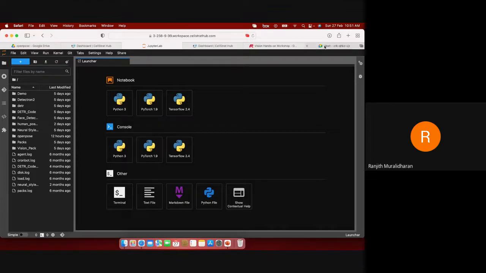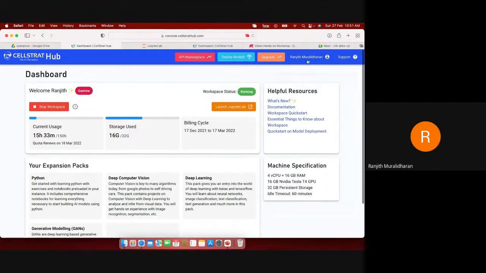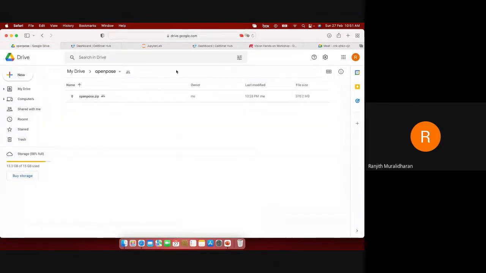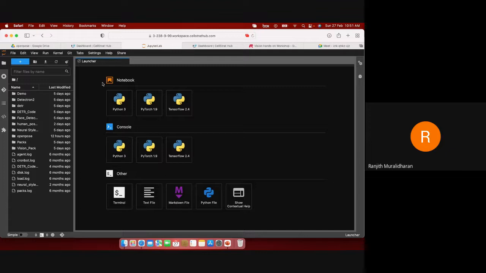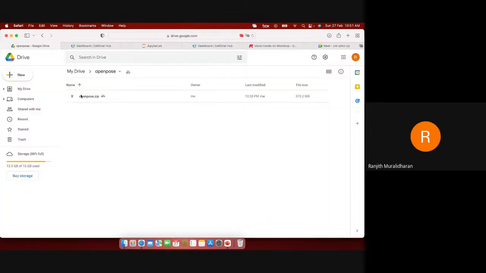Okay, all right. So coming to this one, you don't need to get any packs over here. Whatever zip file that I have shared itself contains the code. So once you download the zip file, this openpost.zip,